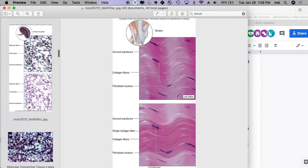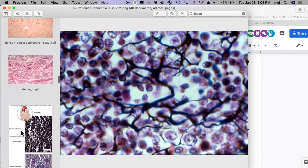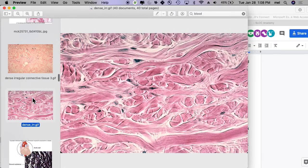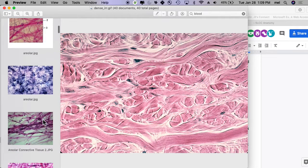And what about this one? Loose or dense? That's loose. Yeah, that's loose, right? Now, contrast that one with this one. Does that one look loose or dense? Dense. Do you see? Right? If it's really, really difficult to find any place to label ground substance, yes? That's a good indicator that you're probably not looking at a loose connective tissue. Yes? Okay. So the loose ones that we looked at last time were irregular, and so this is the picture